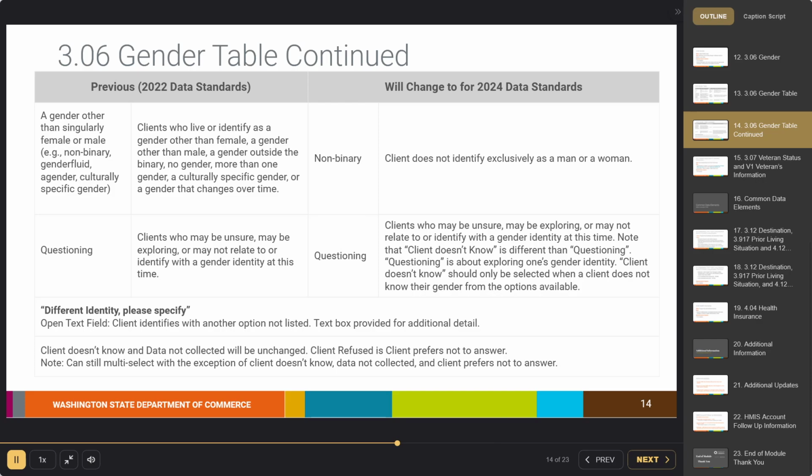A new response was added for different identity with an open text field. If the client wants to add a response not already listed, they can provide additional details here. Multiple responses can be recorded unless the response is client doesn't know, client prefers not to answer, or data not collected. Additional guidance was added for the response questioning, as it's about exploring one's gender identity, versus the response option